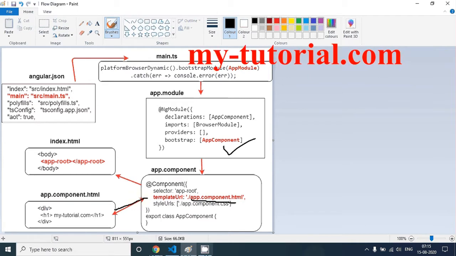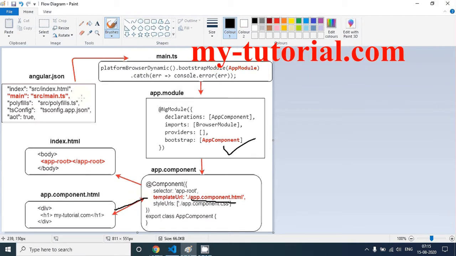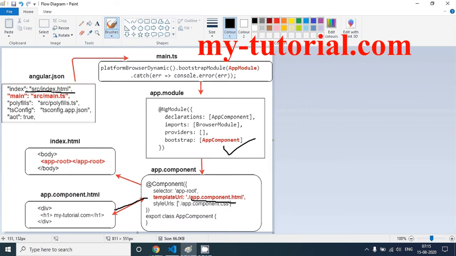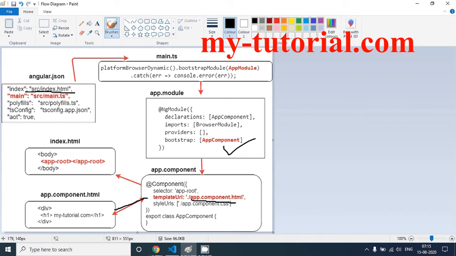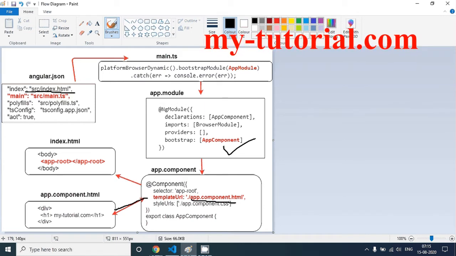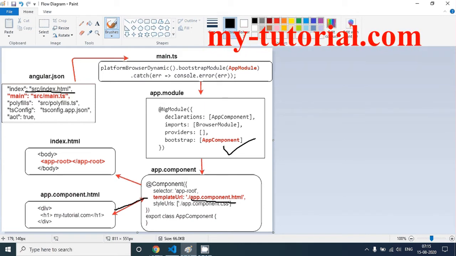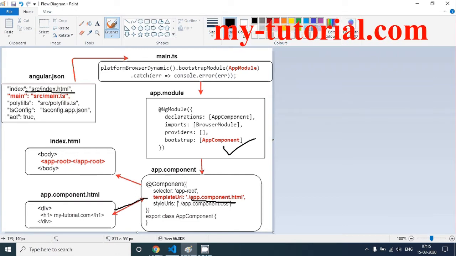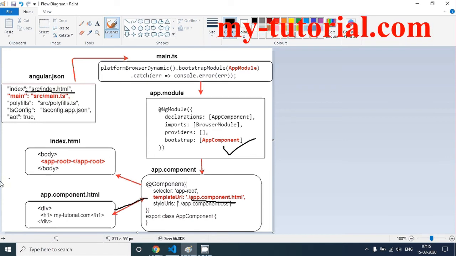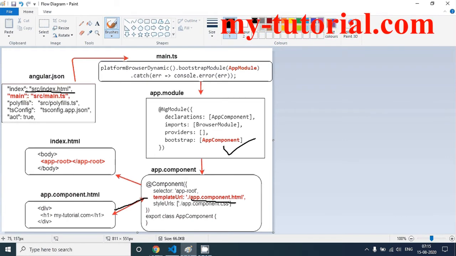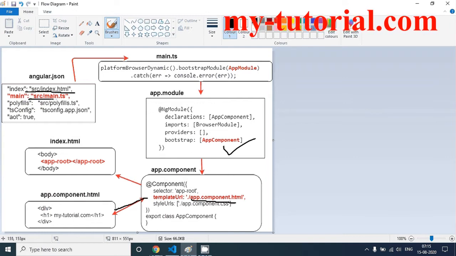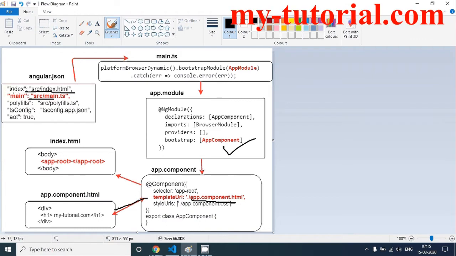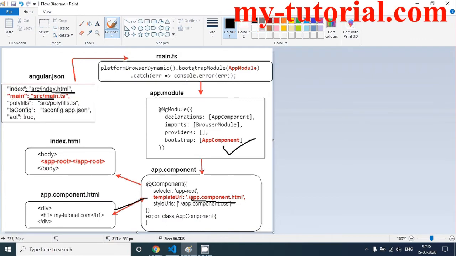When you run your application, when you build your application, Angular looks into the angular.json file. This is the index.html that will be rendered on your screen. This is the HTML when you run your application for the first time. So this page gets rendered, gets displayed on your screen. And it starts from here. It starts from the main. Inside the src folder, we have main.ts. So from here, it will start from the main and it will come to main.ts.